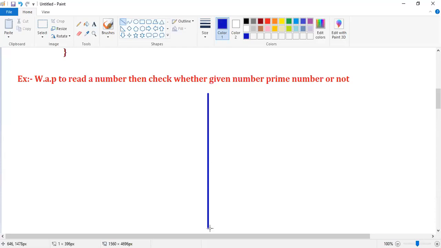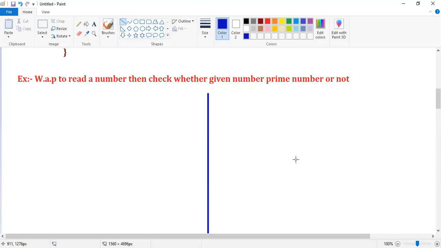For this prime number program, the logic can be written in different ways, not only one way. Check your Google. No problem, guys. Collect the code, analyze it yourself, execute it. But two codes are required, two different codes, not the same code.